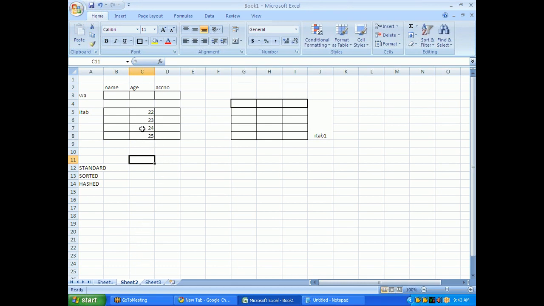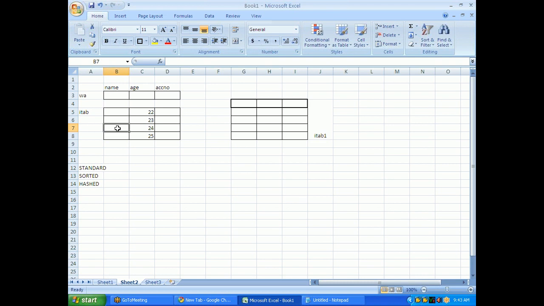I am searching for the age 24. Now I want a record where age is 24. So what will the standard internal table do? It will first check the first record. Age is 22. Okay, it's not the correct one. Next record 23. It's not the correct one. Next it will come to the 24. It will go record by record. If your internal table has some 10,000 records, how much time will it take to fetch that record? It will take more time. So standard internal tables will follow the linear search algorithm. Linear search means one by one.